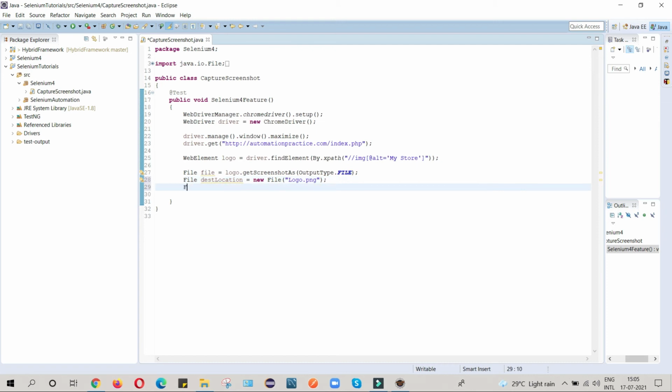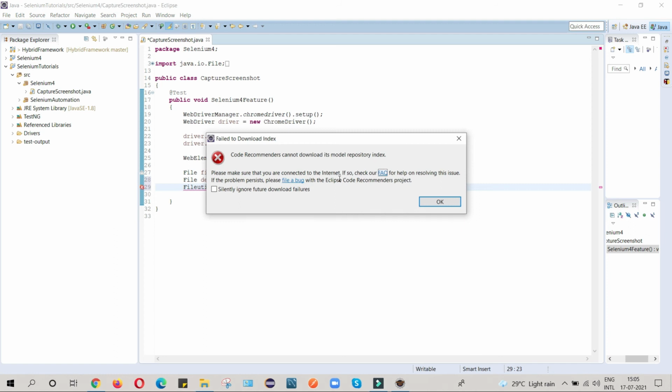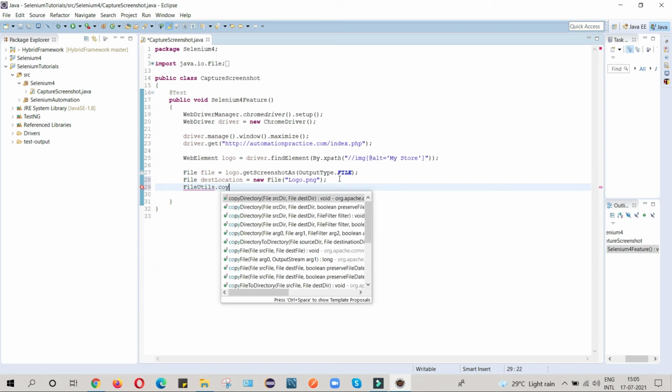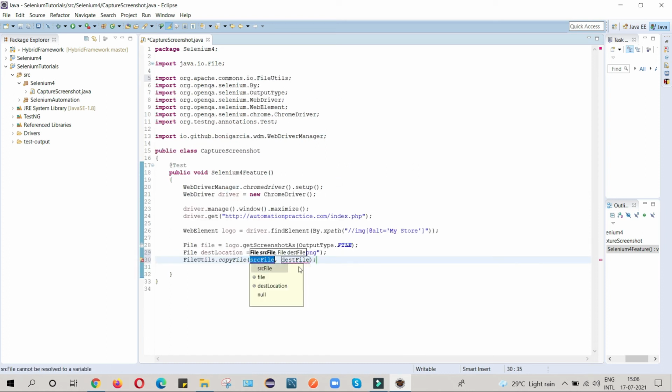Now we will write FileUtils dot copyFile, and here I will provide the source location and destination location.